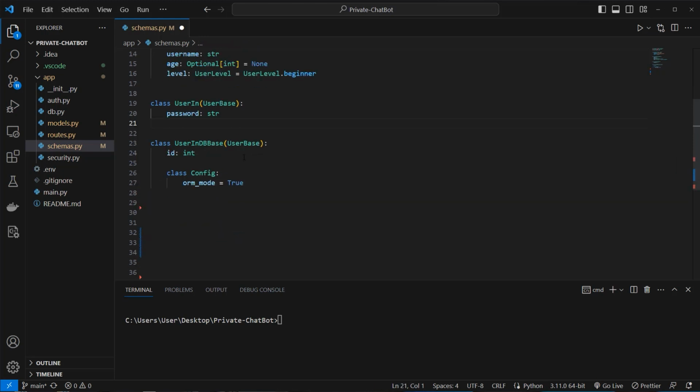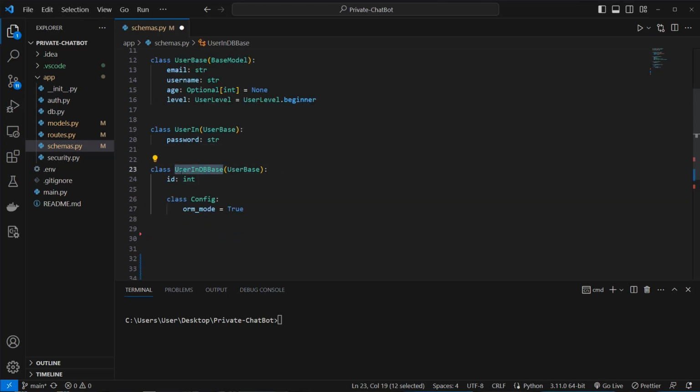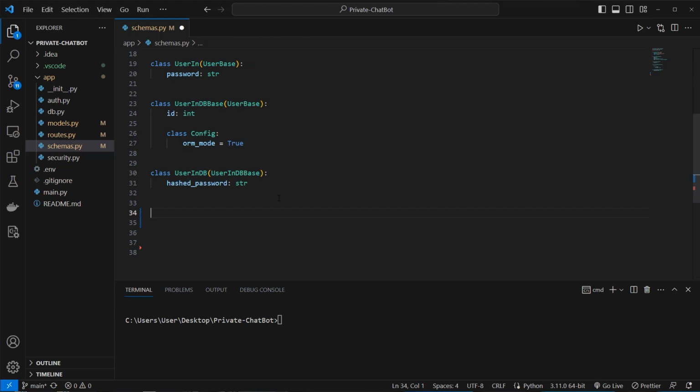Next we will create the user in database class, and this just adds an ID and the config mode, which makes it easier for SQLAlchemy to convert this into a database class. From this user in database class we inherit again and create a user in DB class, and this one has got the hash password. So again, this is the normal password for the API, and this is the class for the database with the hash password. Okay, now we are done with the